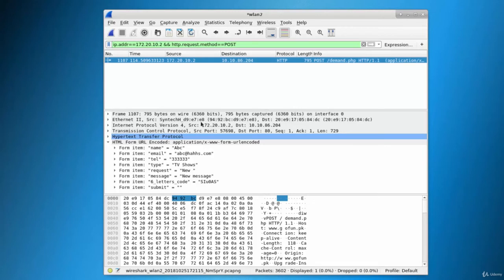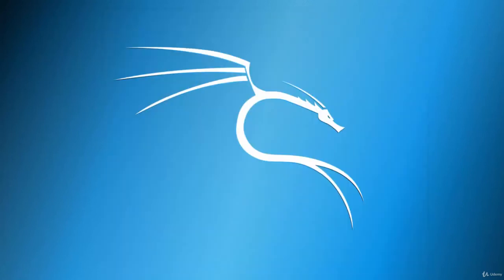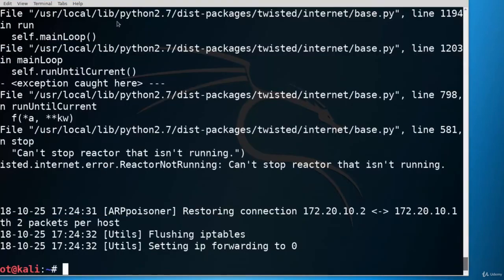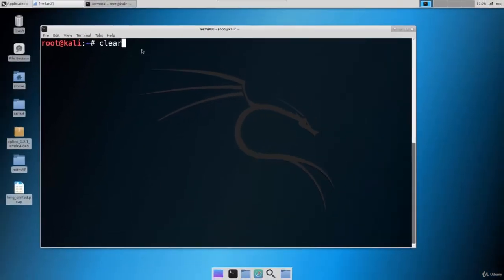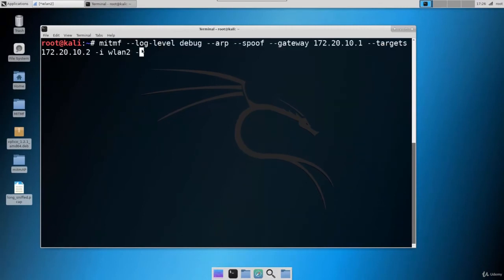Let me show you one more thing in this attack as well. So let's just do this attack one more time. Let's just clear out, right? And this time we will attack on the same device, and let's just capture screens as well, right? So the command is screen, and then you have to give the interval.